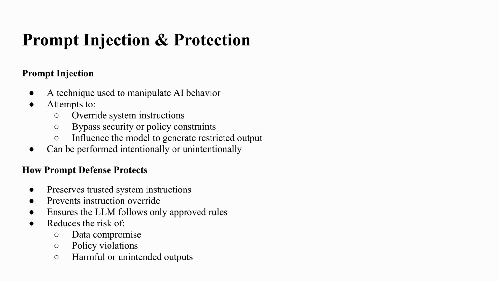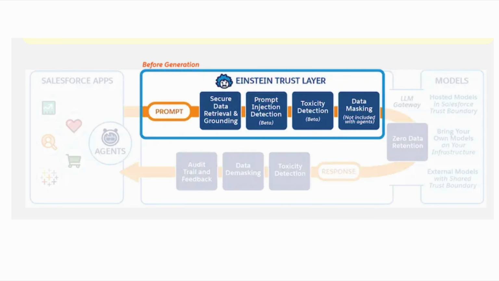We have one more thing here, as I showed you in the image: toxicity detection. If the response generated contains any toxic information, for example aggressive output or biased output or anything of that kind, then toxicity detection will happen. This toxicity detection will also happen in the response journey. It will check whether the response contains toxicity or not.